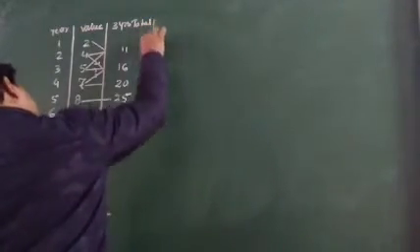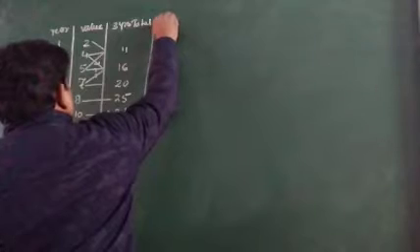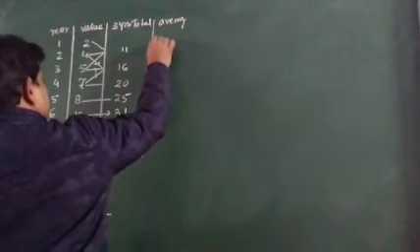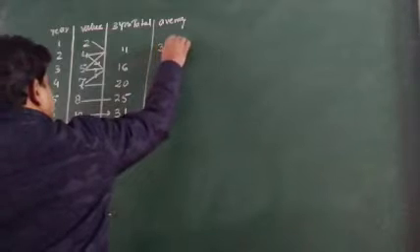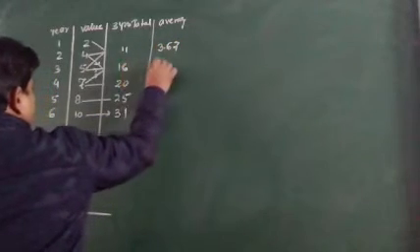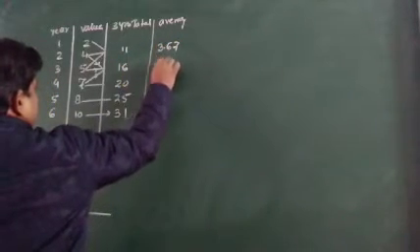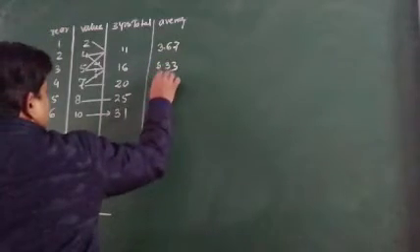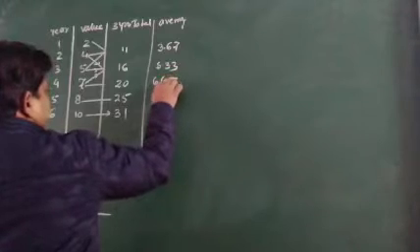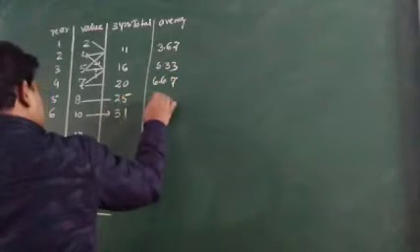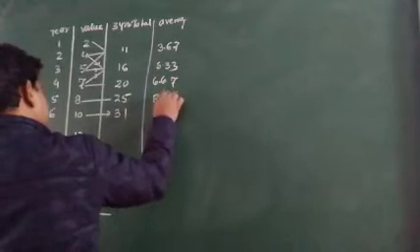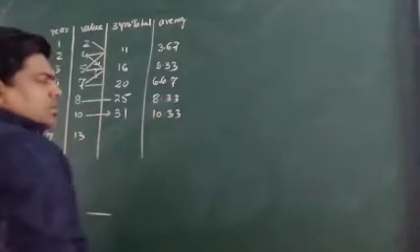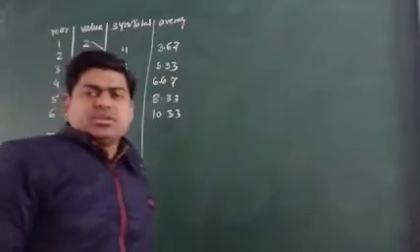If I want to find the average, 11 will be divided by 3. I think it's 3.67 I can write. Then 5.33 can be written. Then it can be written as 6.67, and then it is 8.23, and this is 10.33. This is the moving average for 3 years.